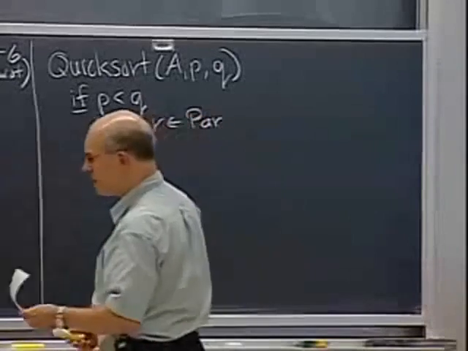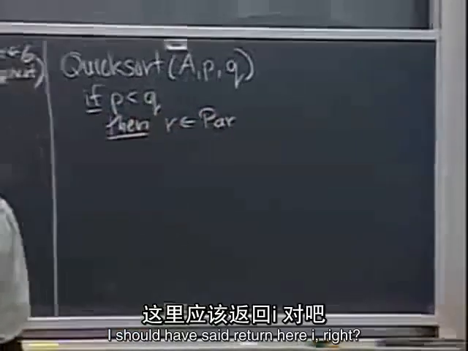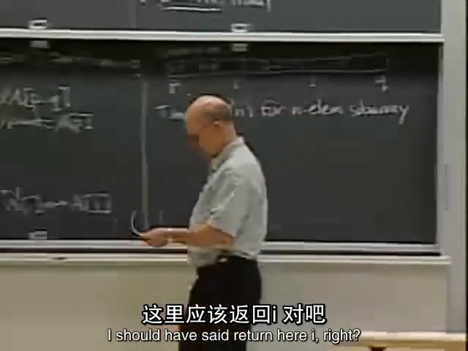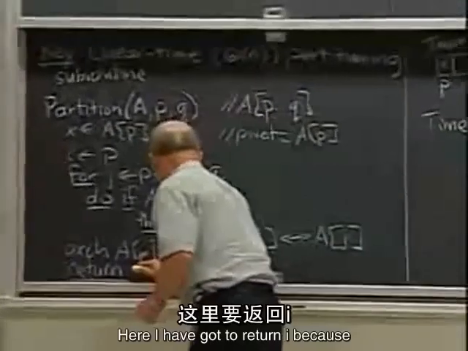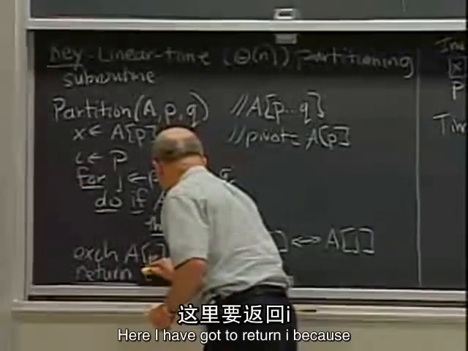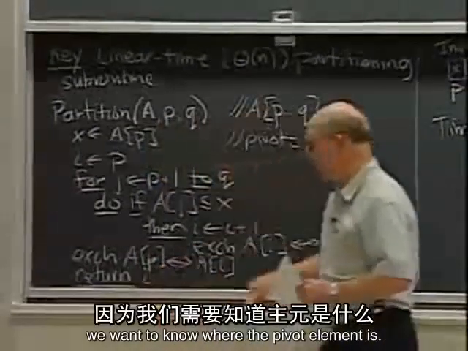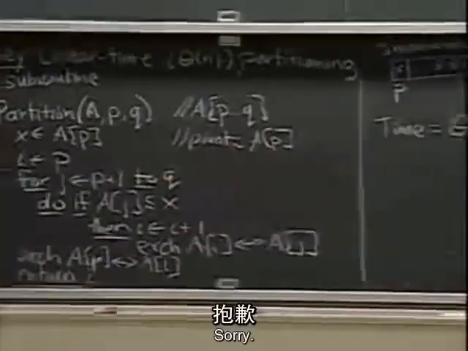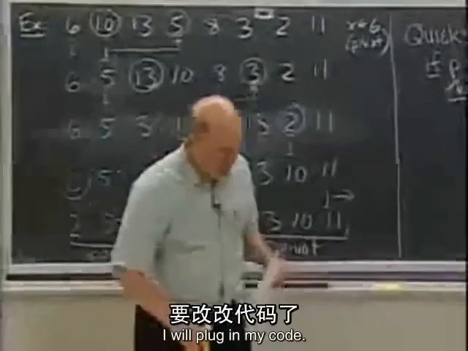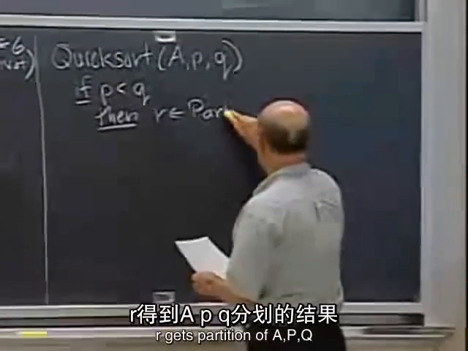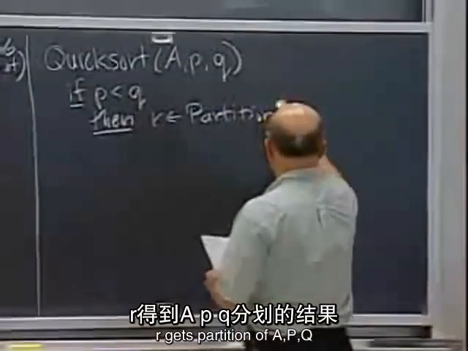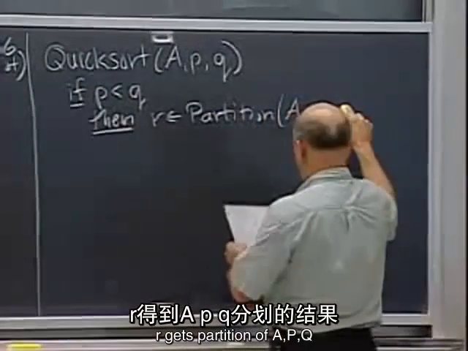Oh, I do. Ooh, I should have said return here I, right? Got to return with the pivot. Yeah, here I've got to return I, because we want to know where the pivot element is. Sorry, bug in my code. Okay, so R gets partition of A, P, Q,